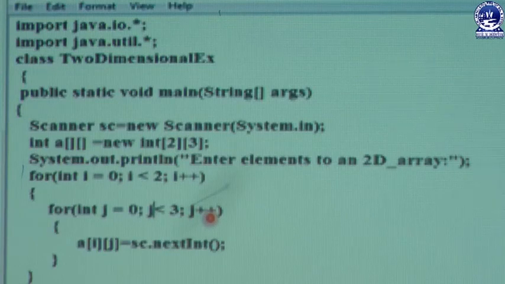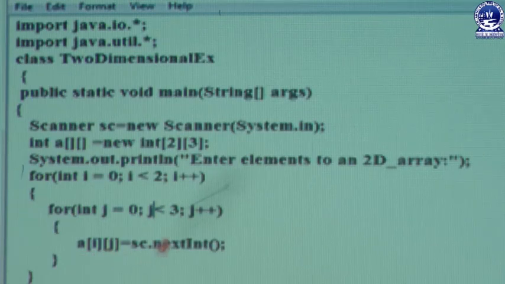In the inner for loop we have a statement with the 2-dimensional array variable a at the ith location and jth location. For a of 0 0 location we are inputting dynamic elements, maybe 10, maybe 20, whatever integer constant the user wants to give to that 2-dimensional array element.